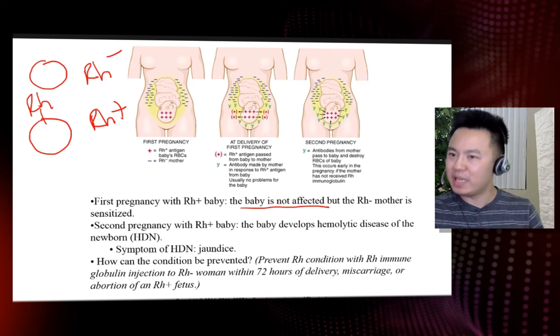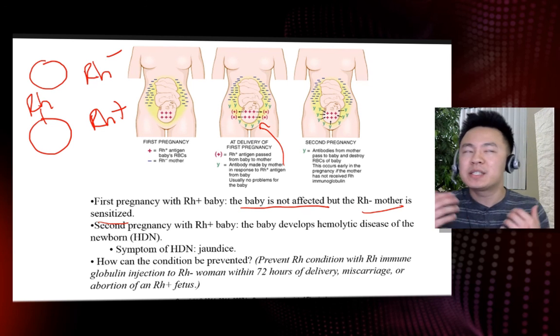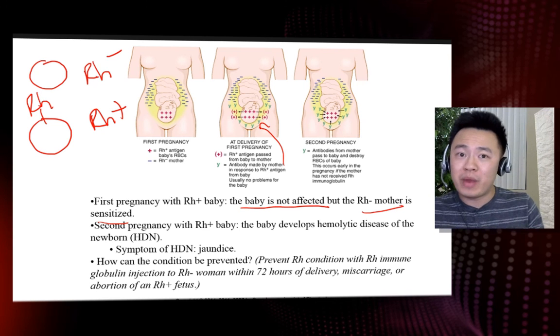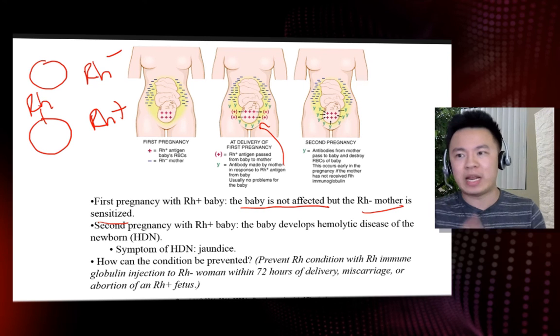In this lucky case, the first pregnancy, the baby makes it out because the mother has yet to become sensitized or even recognize that Rh factor. It's not until the second pregnancy that it becomes a big problem, because at this time the mother has some experience handling an entity in her body that has that Rh factor. So when the second pregnancy comes along, the white blood cells go, you know what? I recognize this. This is something I've dealt with before, but since you're back here, I'm going to study you a little bit more and start sending out those antibodies.